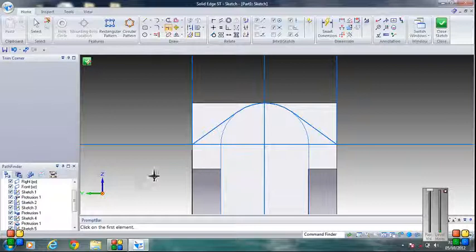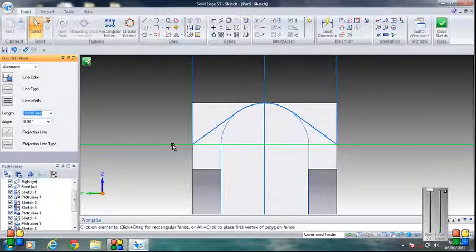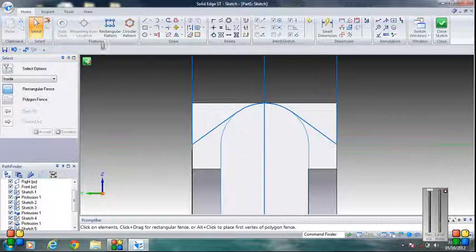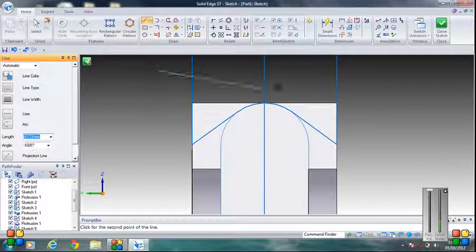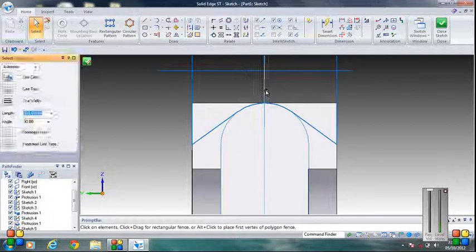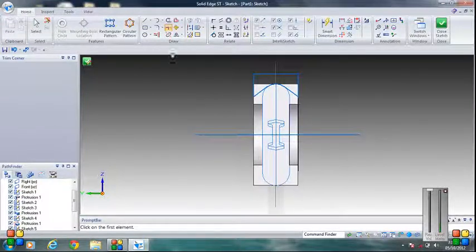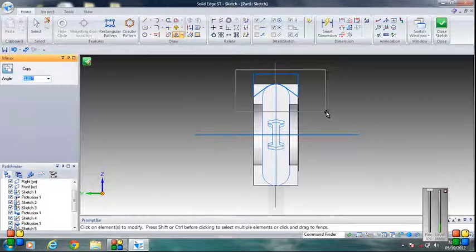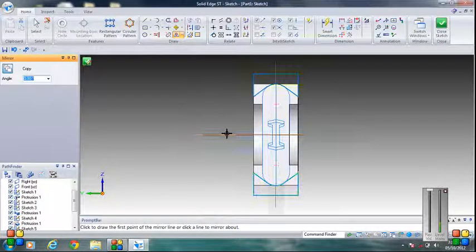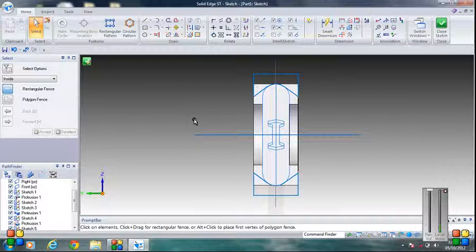Okay, then delete this line. Then go to line, take one extra line here, then delete this vertical line which is not required, then trim corner. Okay, then set it, go to mirror, click on this, mirror with respect to this.